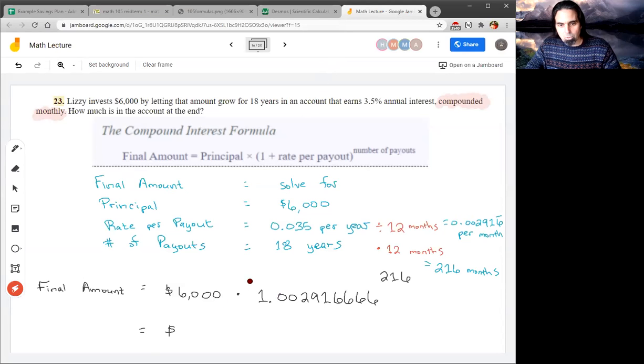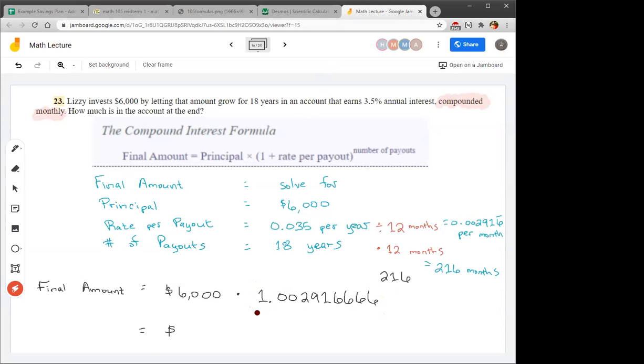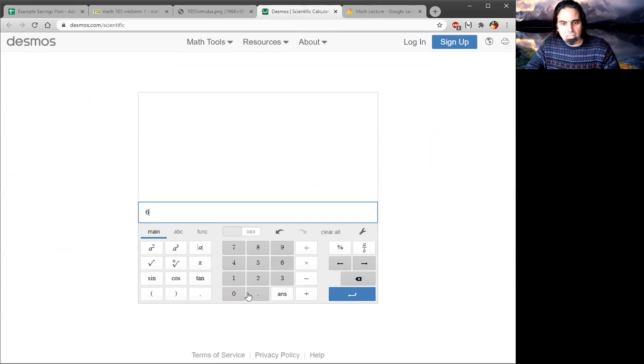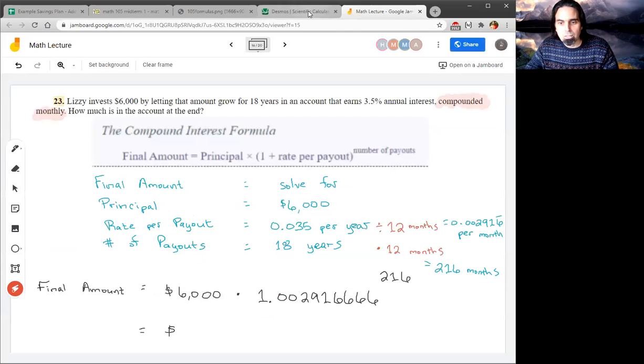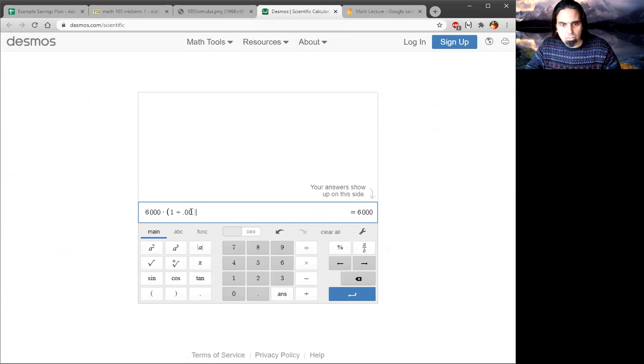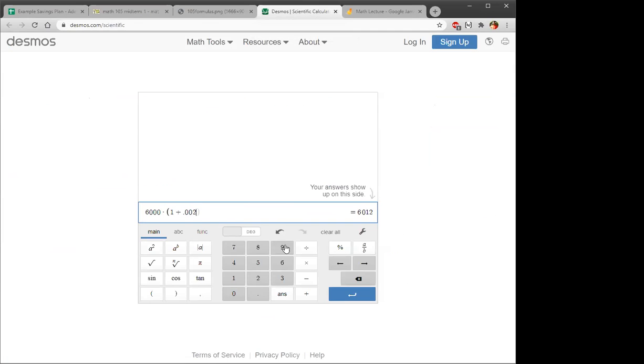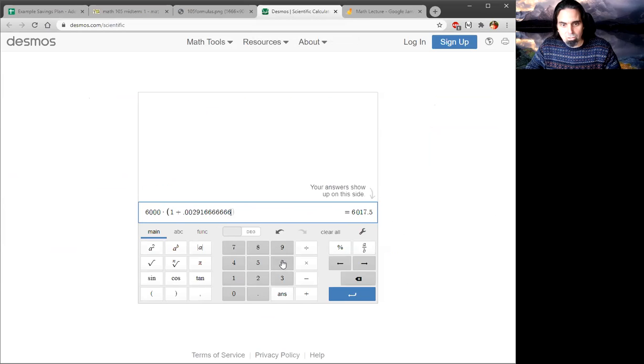Because we don't need one to put just a 1 in front of the decimal. You could, I could write 6,000 times parentheses 1 plus 0.00, whatever that was, 29166. I see now. Okay. 291, lots of 6s. Close parentheses, exponent, and 216. But that's kind of extra, right? I can just say,